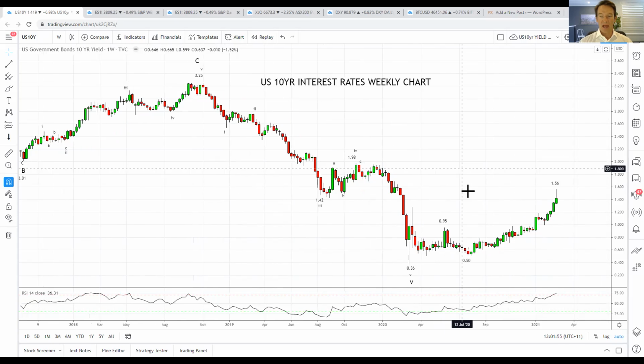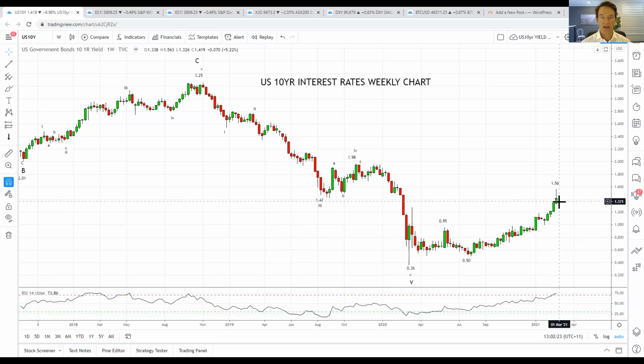The important thing about this chart is you'll notice after the US 10-year yields broke above this 0.95% high in early January, US yields have moved significantly higher. So from around 0.95% up to 1.56% as of Friday. The retracement from off the high was a good thing to see, but what really is creating trouble for the